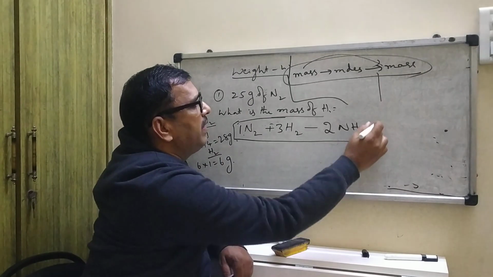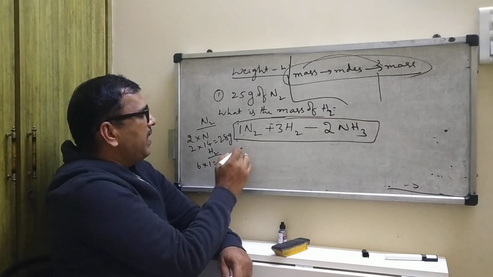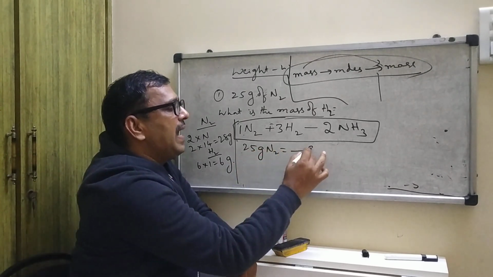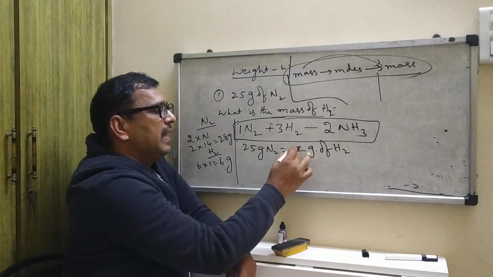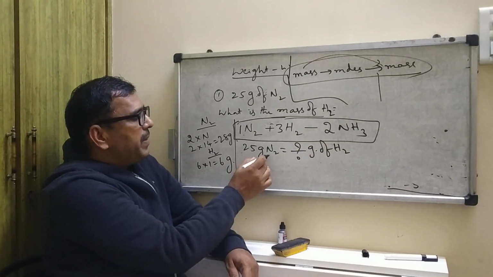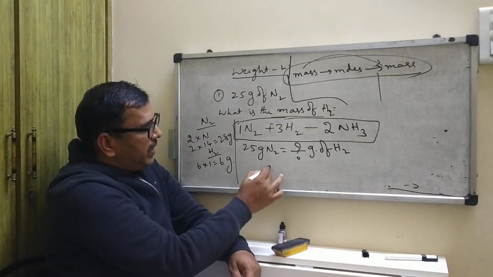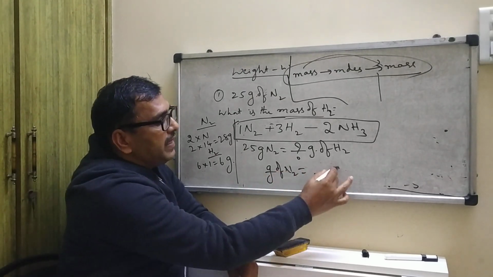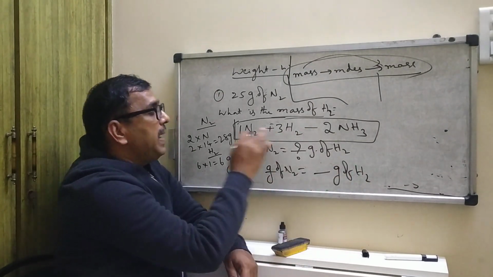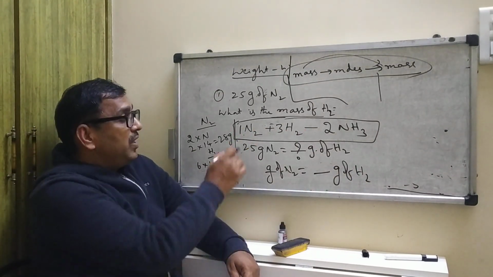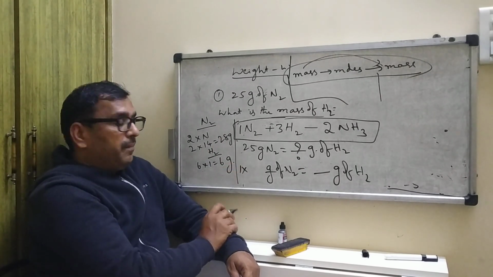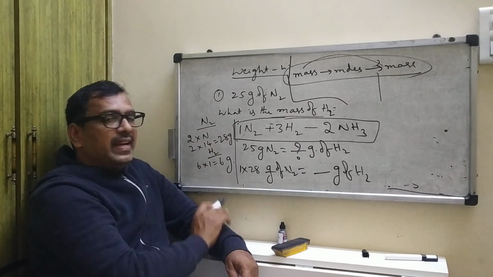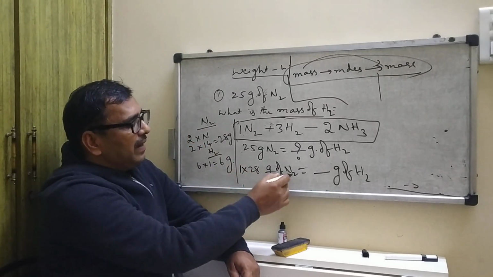This is the chemical equation. 25 grams of nitrogen is given; we are asked for how many grams of hydrogen. The given information is in grams, so I would like to take grams only: grams of nitrogen and grams of hydrogen, based on this chemical equation. So here, 1 into 28. Why 28? The molecular weight of nitrogen is 28. 1 into 28 grams of nitrogen